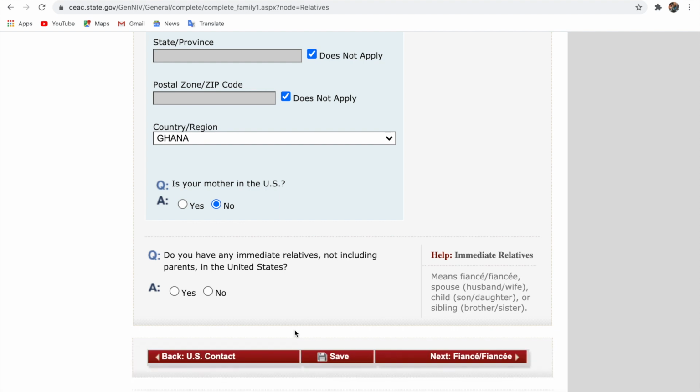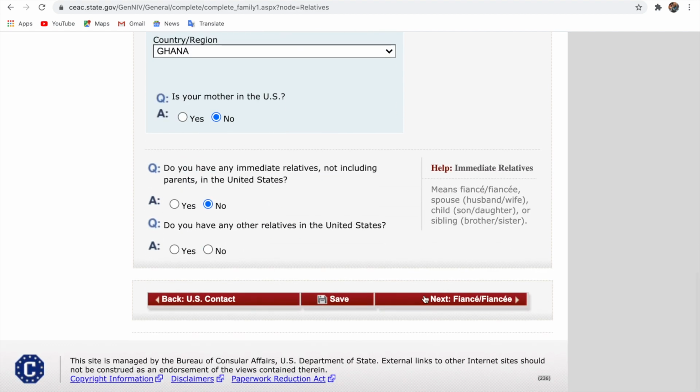Okay, so do you have any immigrant relative, not including parents, in the United States? No. If you have one, you click yes. And do you have any other relatives in the United States? No. Your US petitioner is not your relative. So it's a no. Do you have any immediate relative, not including parents, in the United States? Yes, that's your